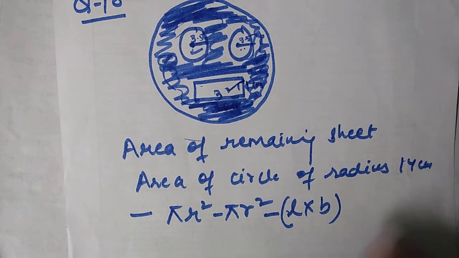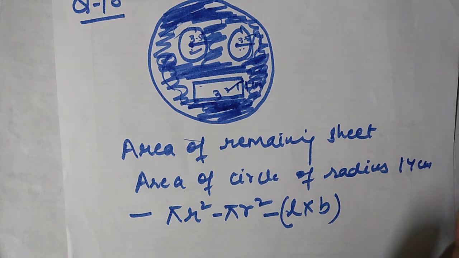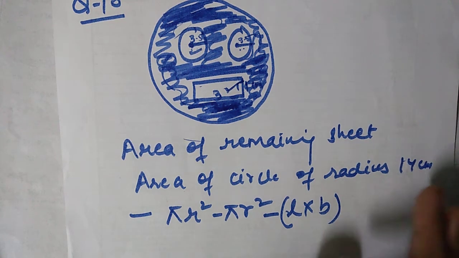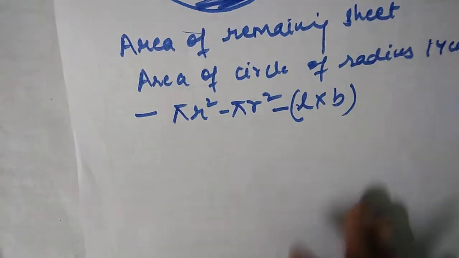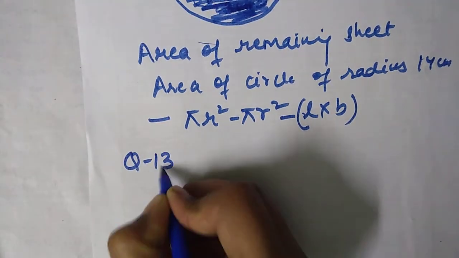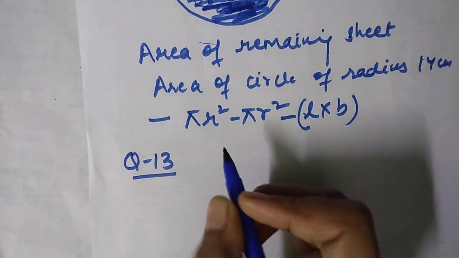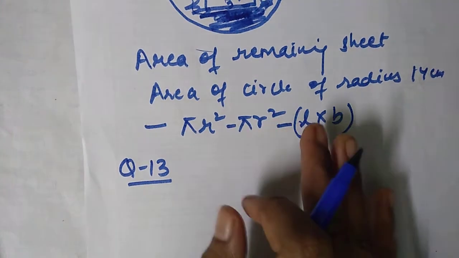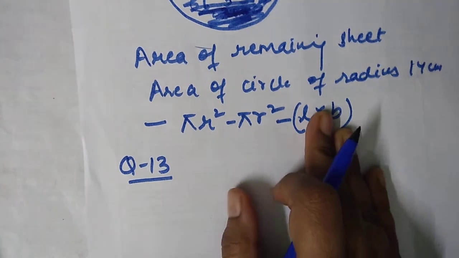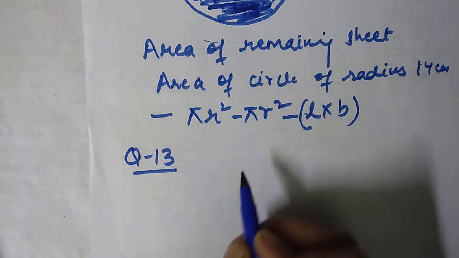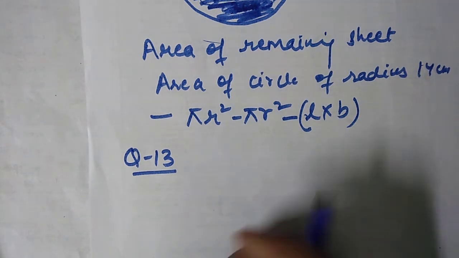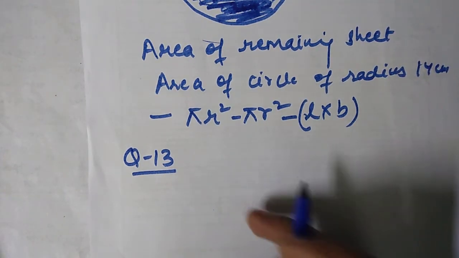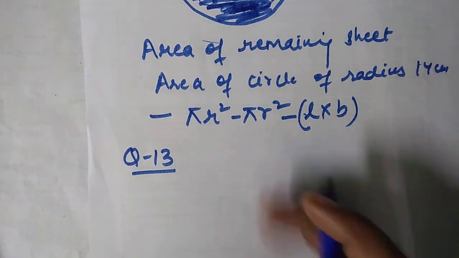Now question number 11 you can do it yourself. Question number 12 also. Now I am explaining question number 13. Okay, question number 13. Only explanation I will give. A circular flower bed is surrounded by a path 4 meter wide. Okay, the diameter of the flower bed is 66 meter. What is the area of this path? You have the diagram given.